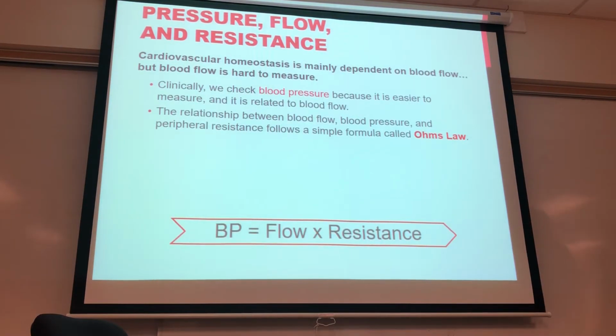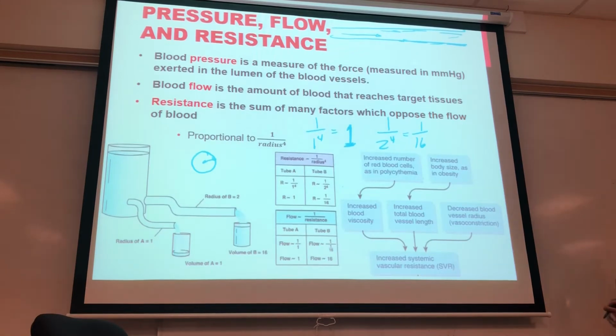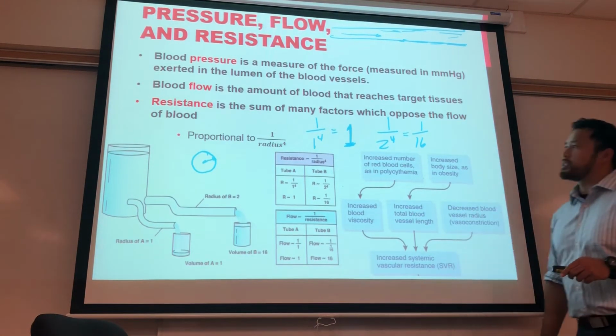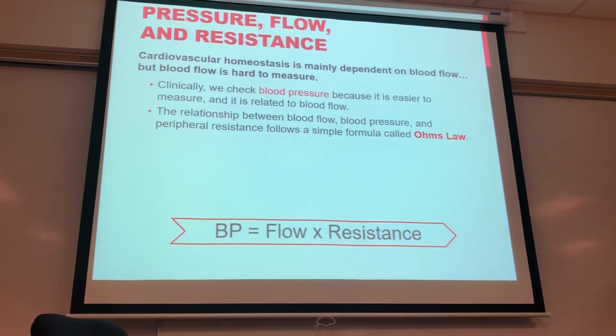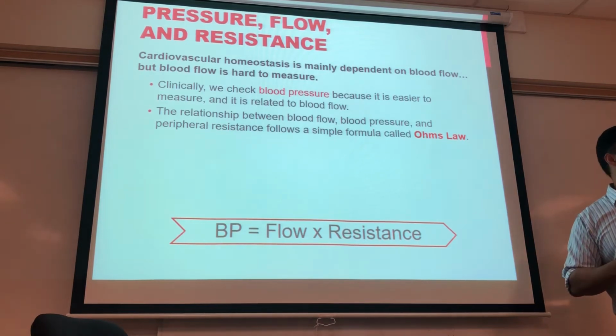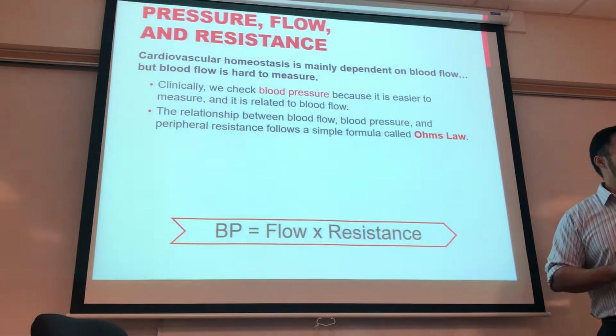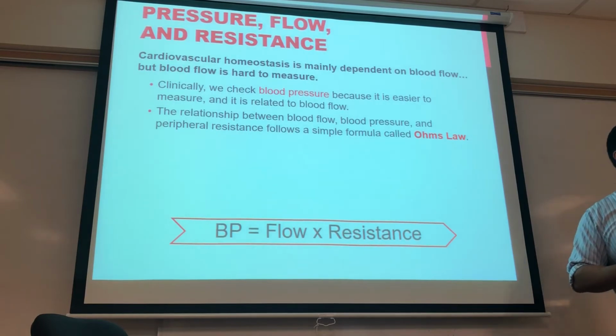Looking at all of this, we can see that the pressures are all related to blood flow. And we're more interested really in the amount of flow that's tied into the amount of resistance. And all these factors come into play. So when we look at the blood pressures, it's easier for us to read blood pressures than it is to read blood flow. So if I want to take a look at your heart and say, what's the best way to measure your cardiac function? Is to measure your blood pressure, and that should be a good indication of the flow. When I increase the pressure of something, the flow should increase, and that should make sense. If I increase the pressure,